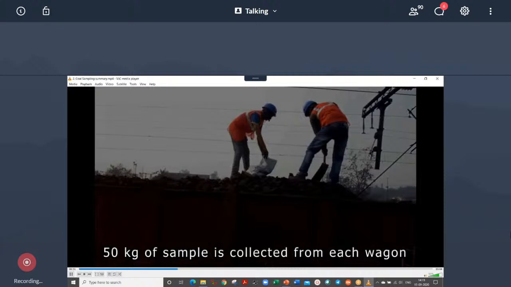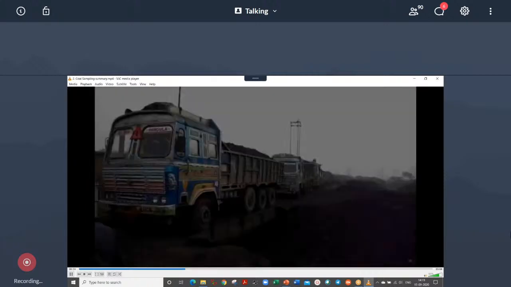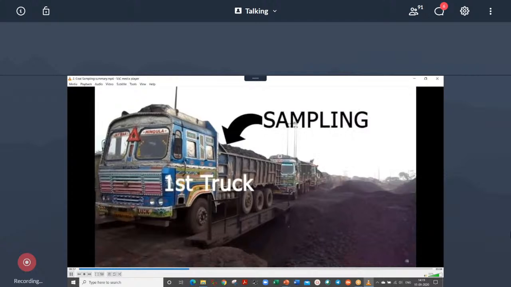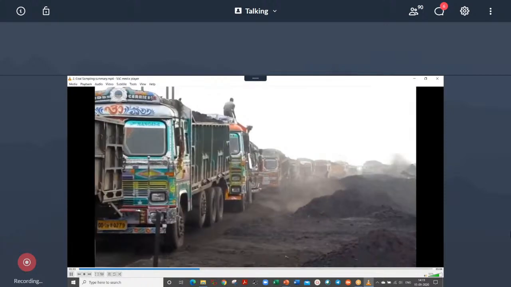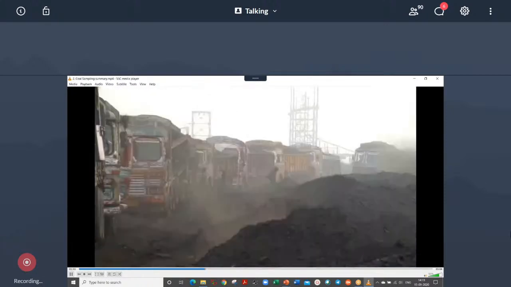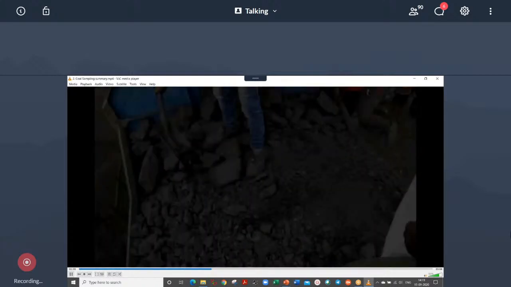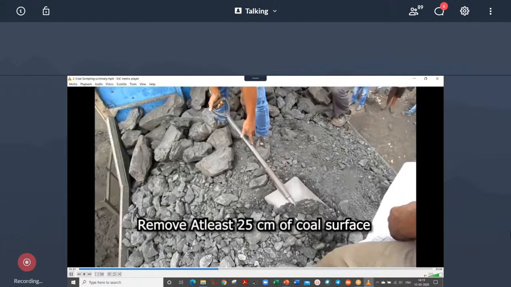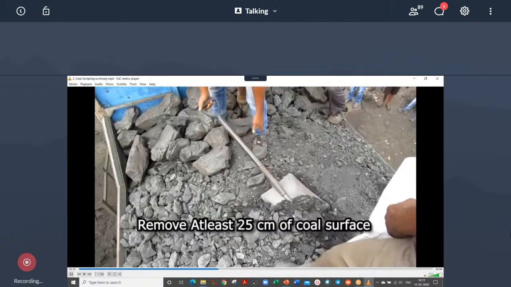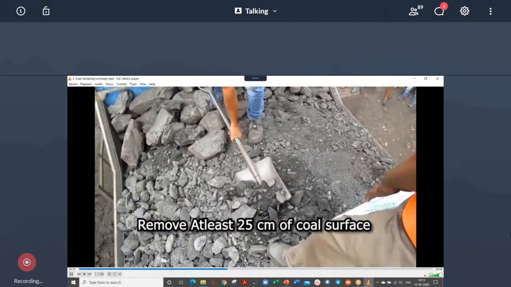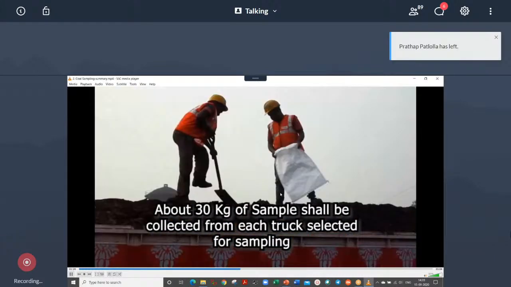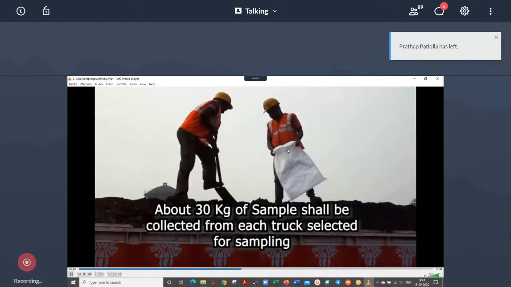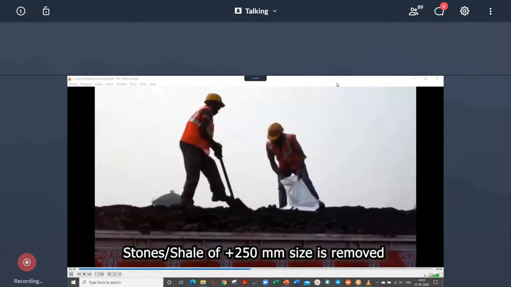In case of road sale trucks, samples shall be collected from every 8th truck after the truck from which the first sample is collected. The top of the sampling spot is leveled and 25 centimeters of coal is removed from the surface of the sampling spot. About 30 kilograms of coal sample shall be collected from the truck selected for sampling. Stones or shales of more than 250 millimeters size shall be removed. The quantity that passes over the conveyor in a day